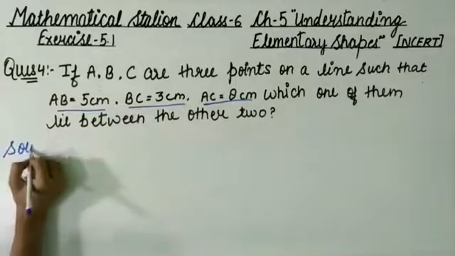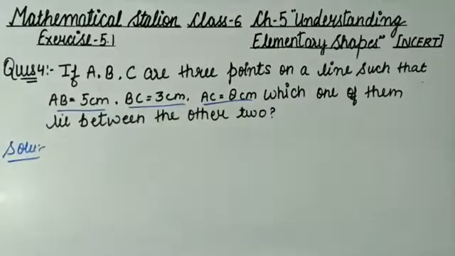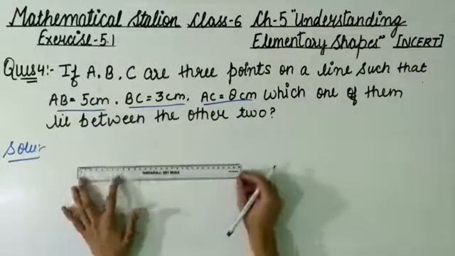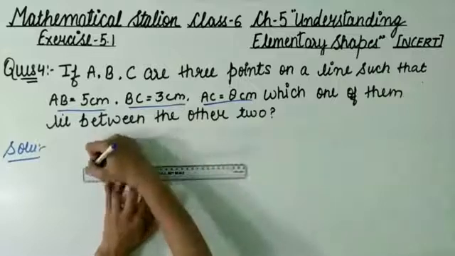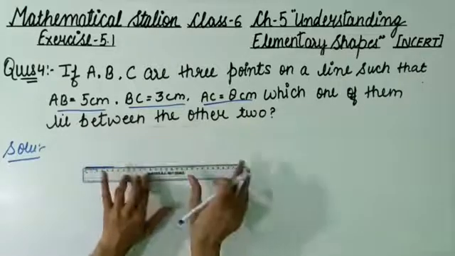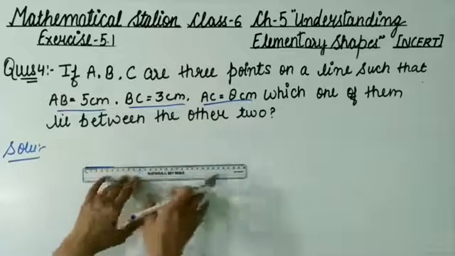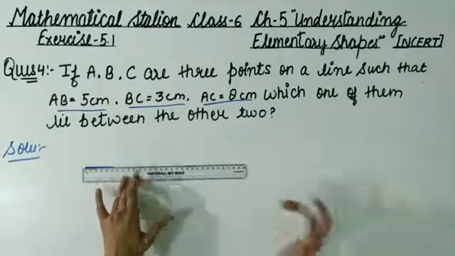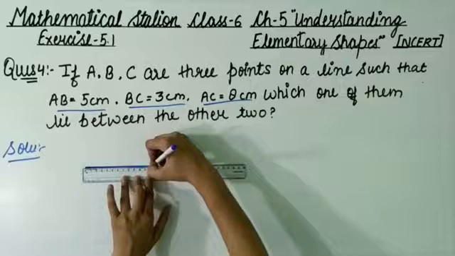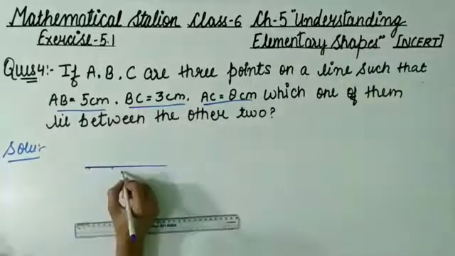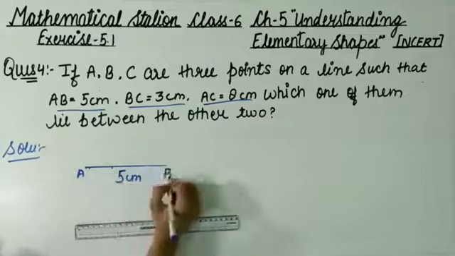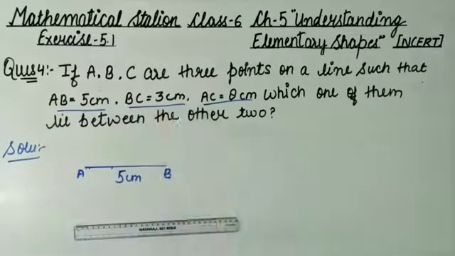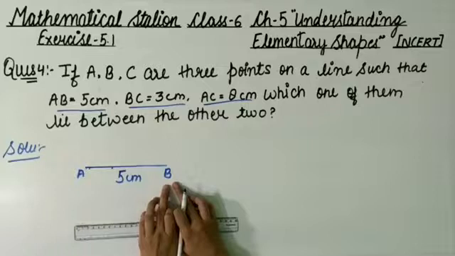For this, first we will draw a line, and it is AB of 5 centimeter by using a ruler. Now we will start from 0. Now student, I am drawing a bigger line because if I draw it smaller then it will be difficult to see it properly on the board. Okay. Now this is our line AB. In your notebook you will draw it properly, exactly 5 centimeter by using your ruler.